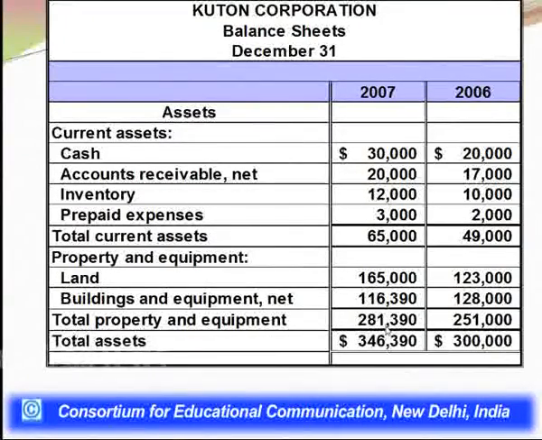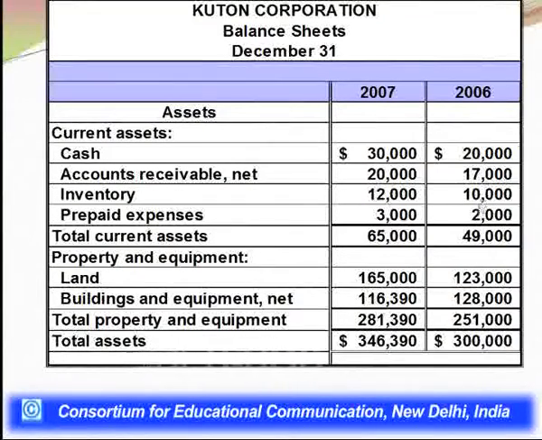281,390 is the total value of the property, plant and equipment, which we call PPE, for this company, Q-Turn Corporation Limited. So if we sum up the two things, the 65,000 for example here, and this 281,390 here, which is the PPE value, the total of these two figures is 346,390 for 2007. In the same way, if we move forward to the 2006 value, which is the previous year under discussion,